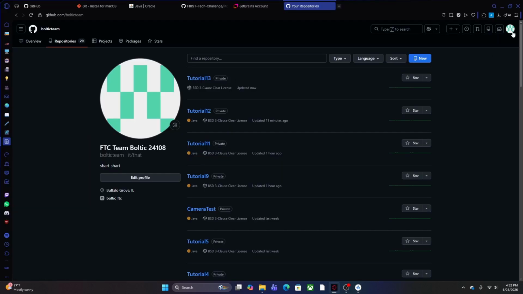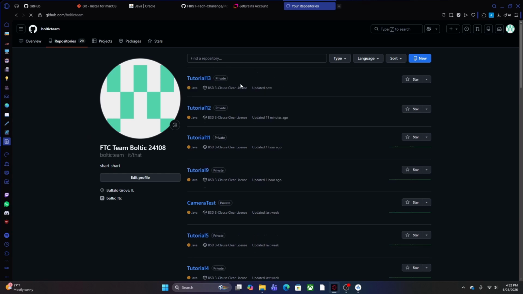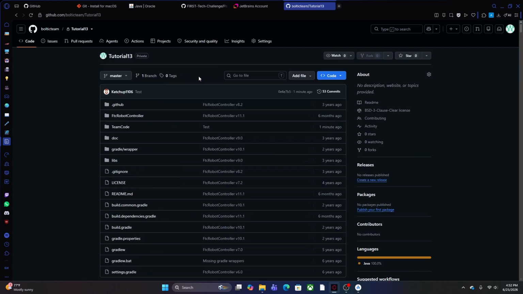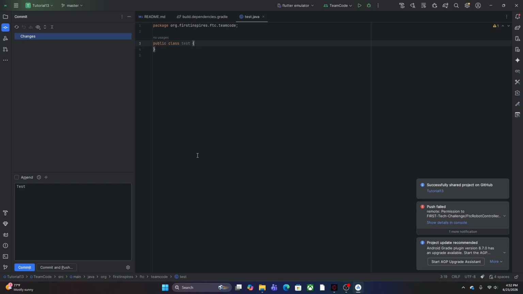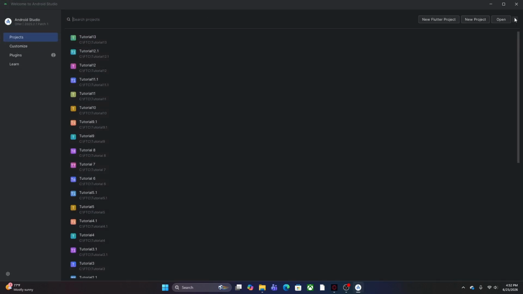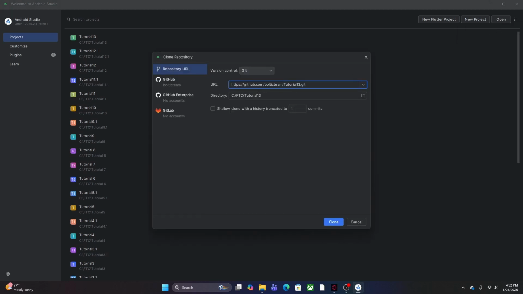So now let's walk through how your teammates can get it onto their own device. So once again, you'll want to click your profile picture in the top right, go to repositories, and it should be the first link there if you followed that step. So click it. Once again, click code, copy the link, and go back to Android Studio. But this time, you'll want to close the project, click these 3 dots, click Get from Version Control, and paste it here.